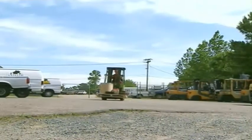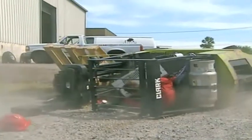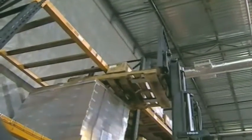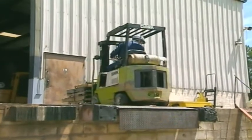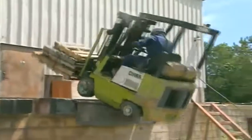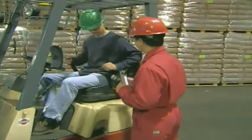A never-ending stream of challenges make operating a forklift serious and demanding work. One misstep can tip your truck, drop your load, or crush a fellow worker. That's why state and federal regulations require you to be trained and certified and at least 18 before you can operate a forklift. Your training must be reviewed and updated at least every 3 years, regardless of how long you've